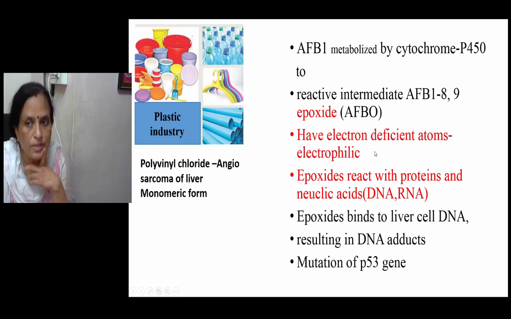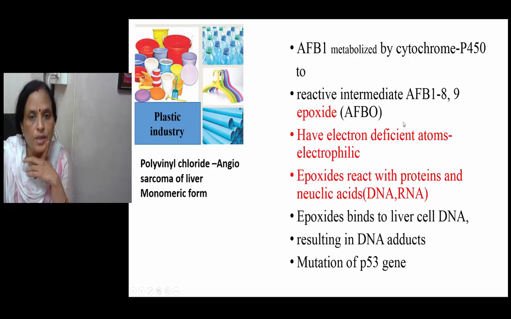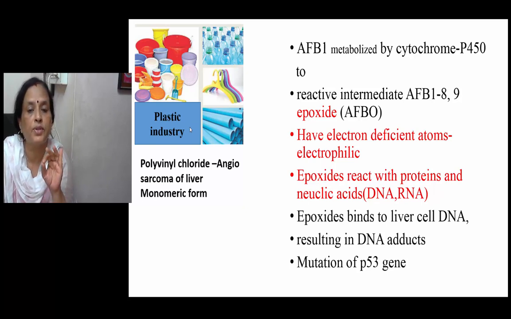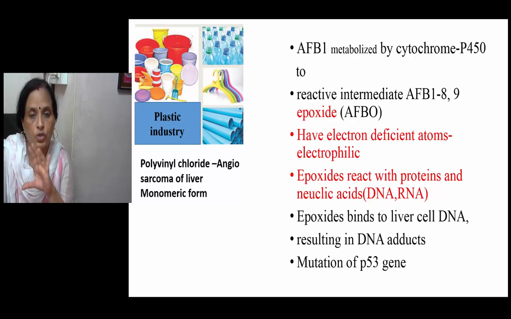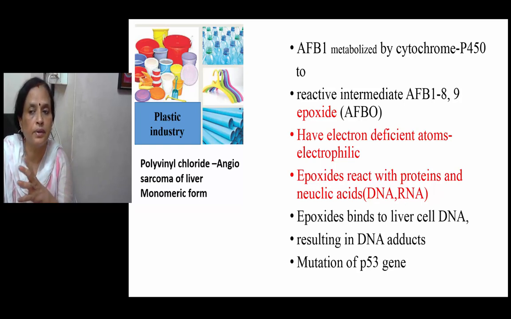So when we talk about hepatocellular carcinoma, aflatoxins producing hepatocellular carcinoma, just remember polyvinyl chloride also, which is one of the etiological factors not for hepatocellular carcinoma, but for angiosarcoma that occurs in the liver. So this is another malignant sarcoma that occurs in the liver. It is the polyvinyl chloride, a monomeric form, which induces that, which is a risk factor.